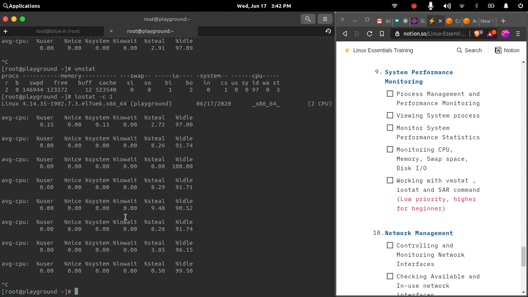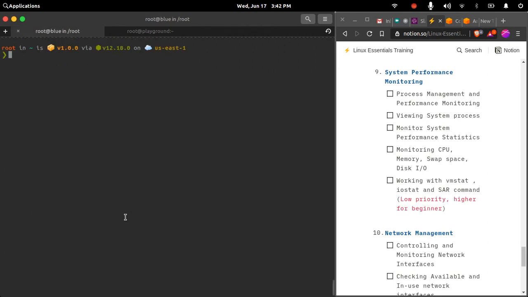These are the two commands which are used along with a few other commands. Let us quickly revise what commands we saw. We saw top, then free, then iostat, vmstat. These are your commands for checking performance. The first command is used to check the currently running processes, and you can even use the ps command, which is not interactive and does not update every second like the top command does.